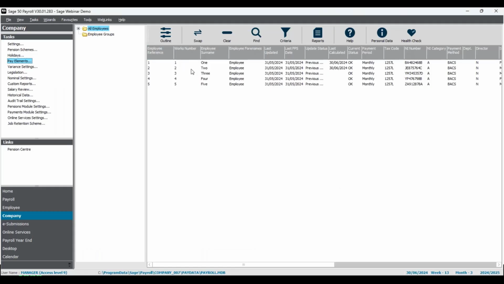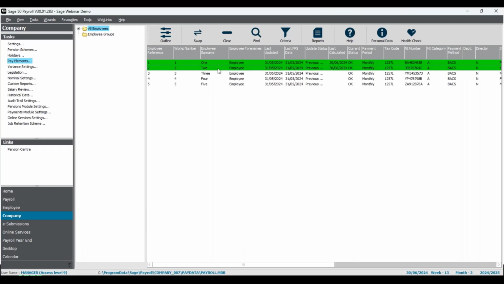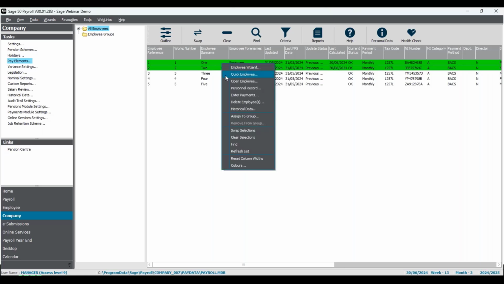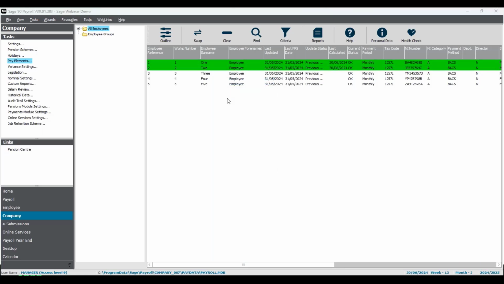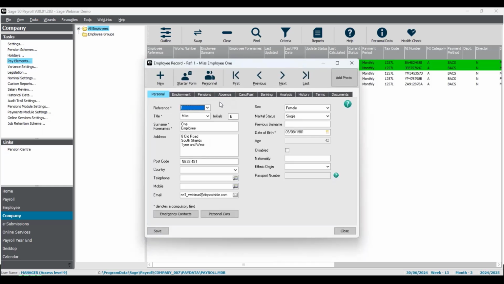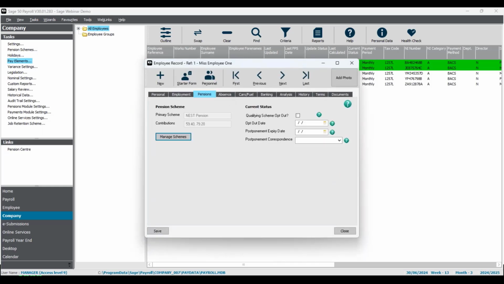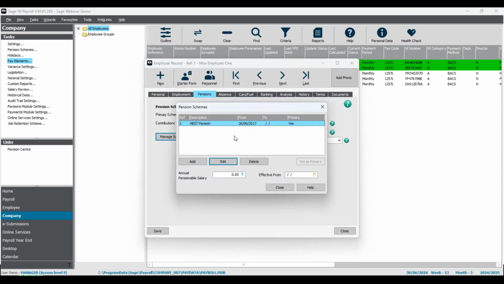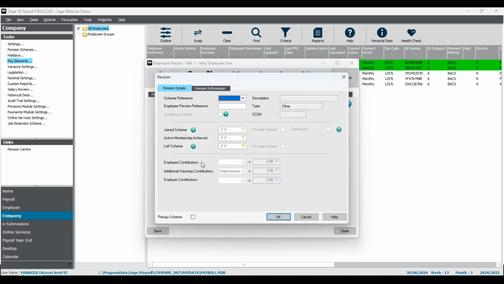Now, for the sake of this webinar, I have actually already assigned the pension scheme to my employees, but let's take a look at where you would do this. So I'll use my first 2 employees as an example, and I'm just going to open up the record. I'll go to Pensions and Manage Schemes. As I said, I do have one there for them already, but if you did want to add a pension scheme to them, you just need to click Add,